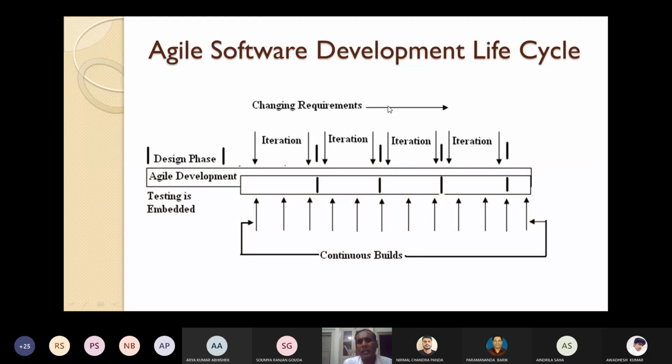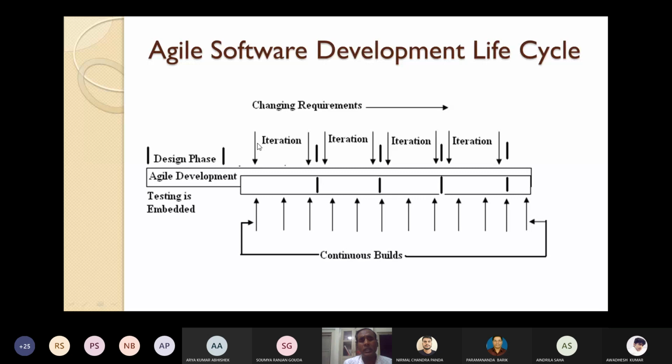These are the different iterations. I have told you that agile software development is iterative and incremental in nature. So every phase you take, maybe requirement analysis, design, development, coding or testing, each one is divided into several iterations.